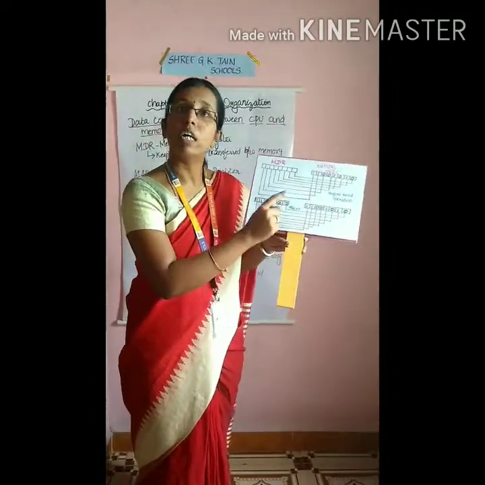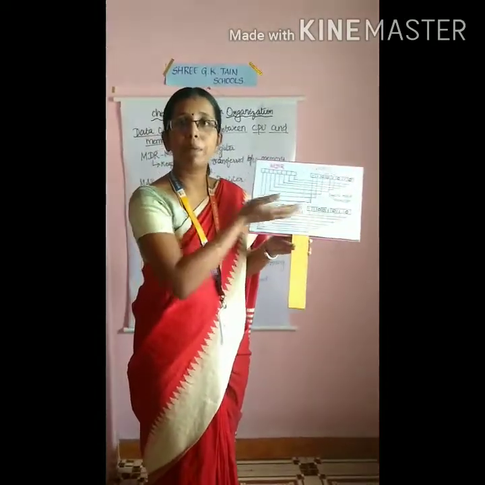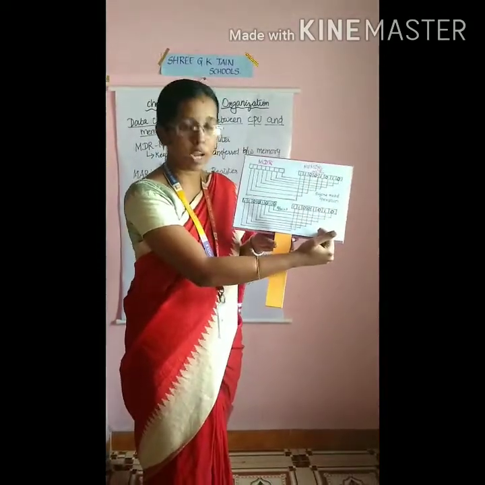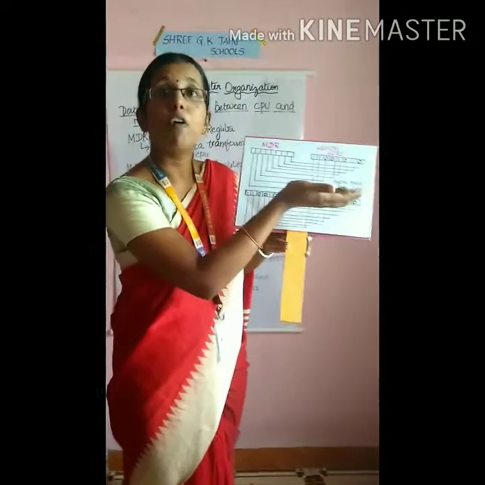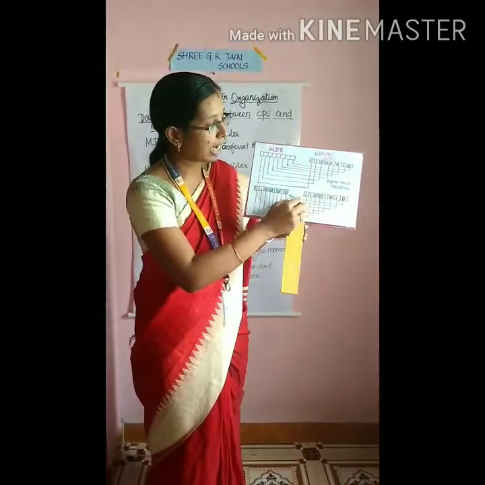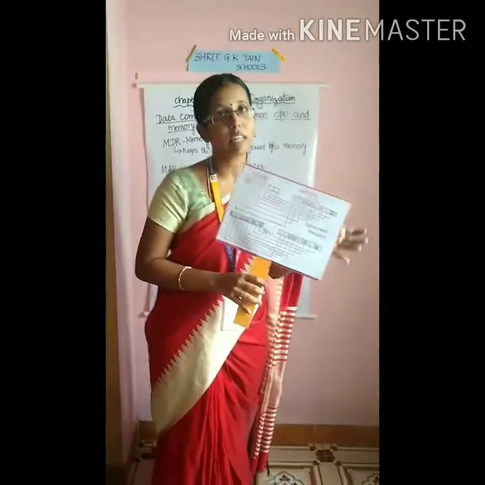Here I gave you 1, so it means it is doing the read operation. What does read operation actually mean? Here I am taking an 8-bit, so my MDR is also 8 and my memory is also 8. Whatever data is in the word in your RAM will be transferred, that is, copied to your MDR. If the line indicates 0, then what happens? Whatever data is in the MDR will be transferred to your memory. So this is how the data communication is actually happening between your memory and the CPU.